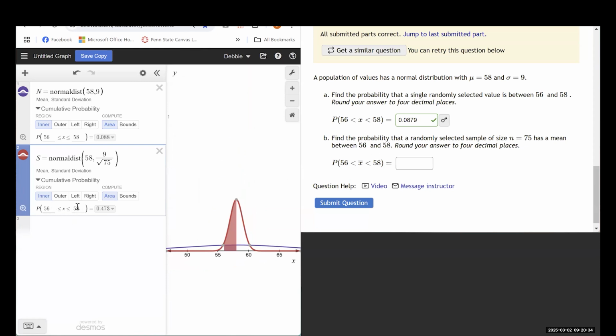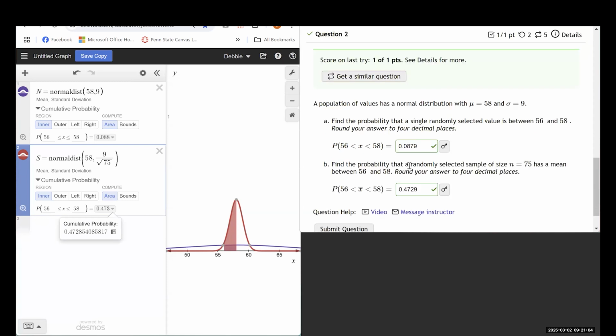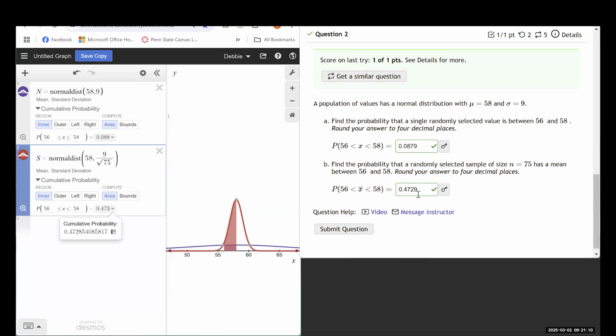All right, so the values here are the same values that I was looking for in part A, so I don't need to change those. This says X in the middle, but that's just because Desmos doesn't know that this distribution is actually our sampling distribution, but we know it is, so we know that this is really finding the probability related to X bar. And so again, I can pop open the value to get 4 decimal places for that result, and I get